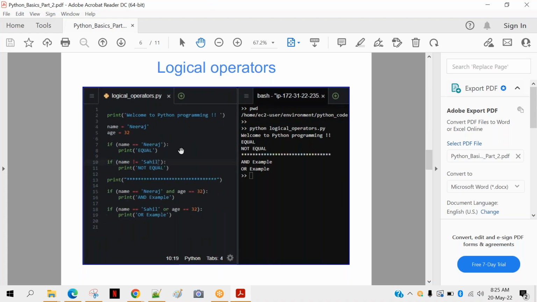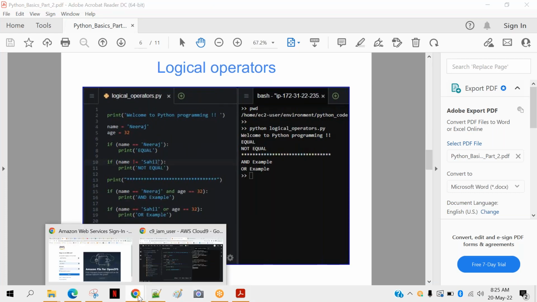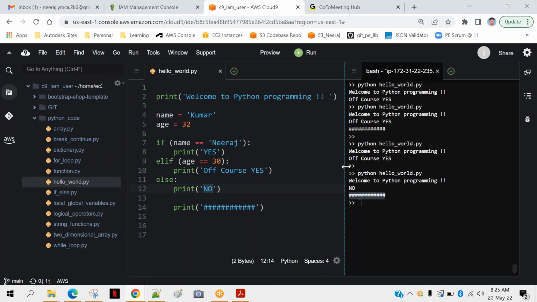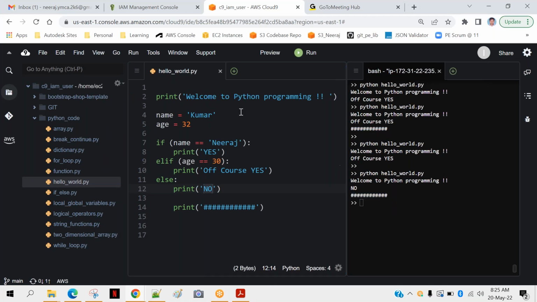The next one we have is logical operators. Okay, that's good. So logical operators are used when you want to combine multiple conditions. Right now we used equal to, but always equal to is not used. There can be not equal to, there can be less than, there can be greater than, something can be there, right? So let me delete all these things and we'll talk about some other conditions.